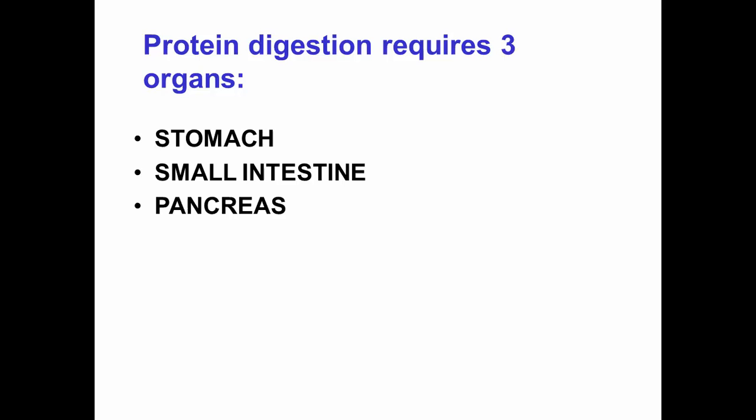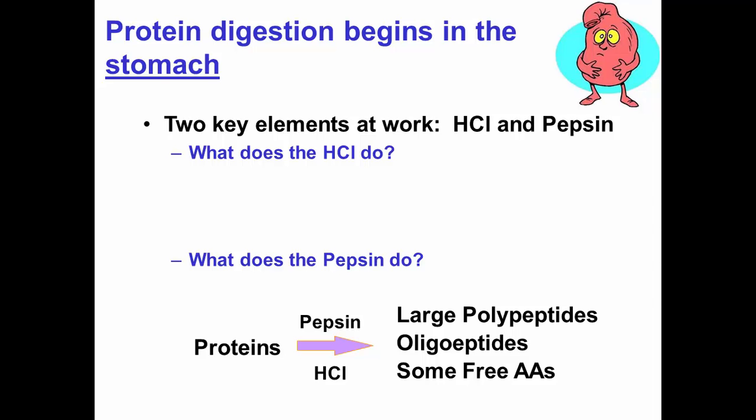Okay, brief review of digestion. So you're going to have to help me with this, right? So hopefully you'll remember the basics. Protein digestion involves a healthy stomach, small intestine, and pancreas for it to happen efficiently, right? So it begins at the stomach. What do you remember about HCl? In the stomach, we have the hormone gastrin that promotes HCl release. What is the hydrochloric acid doing for protein digestion?